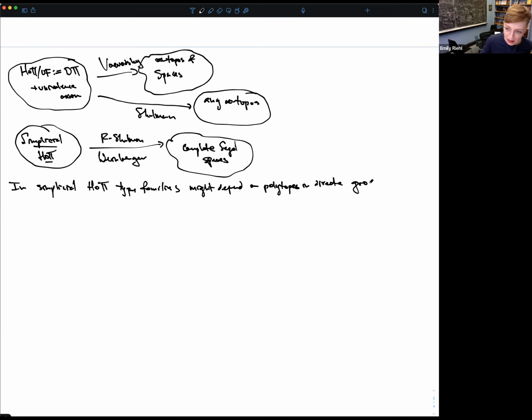But the main implication of this for us is that if I'm given an inclusion of polytopes, where by a polytope you might think of something like a simplex or a subcomplex of a simplex, and a function that maps from a polytope into a type A, there is a type